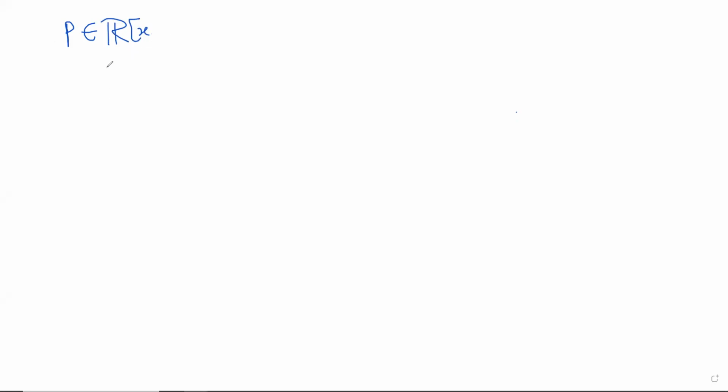Or maybe, since it's already in use, let's write UV. Just a minute, someone wants to join. Okay, so this is a polynomial in two variables, and the question is find